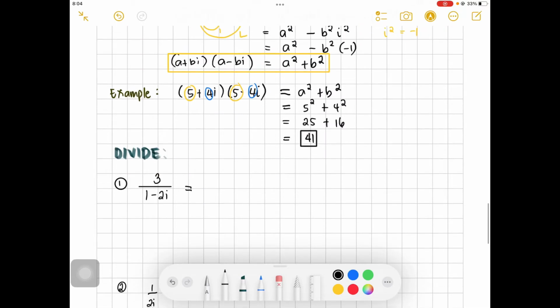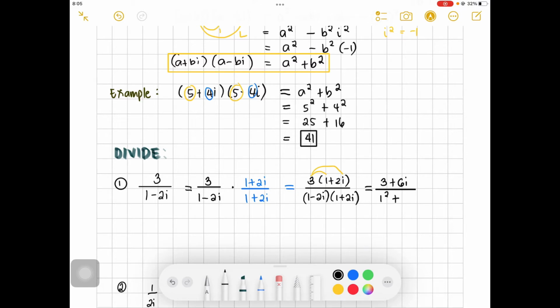Let us divide 3 over 1 minus 2i. To do this, we are going to multiply the numerator and the denominator by the conjugate of the denominator. The conjugate of the denominator is 1 plus 2i. For the numerator, we distribute. And for the denominator, since we are multiplying conjugates, we use a squared plus b squared. So we have 1 squared plus b squared. The answer is